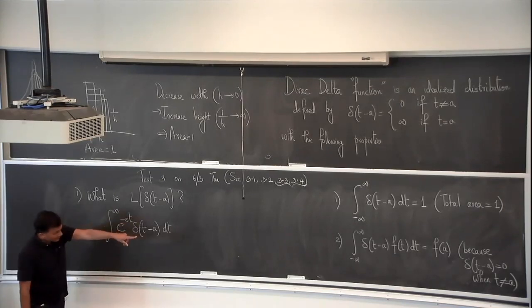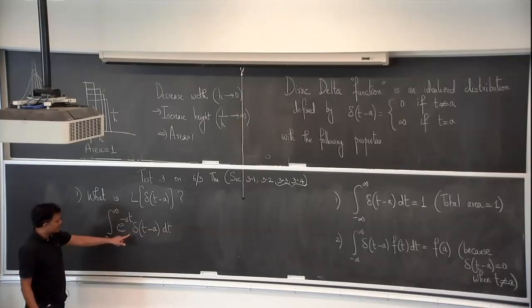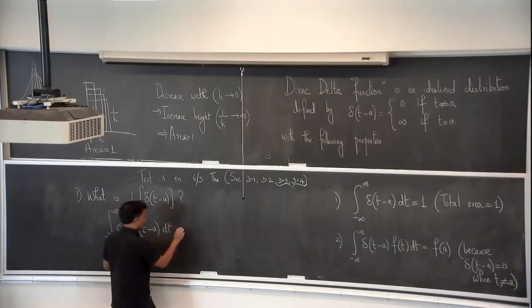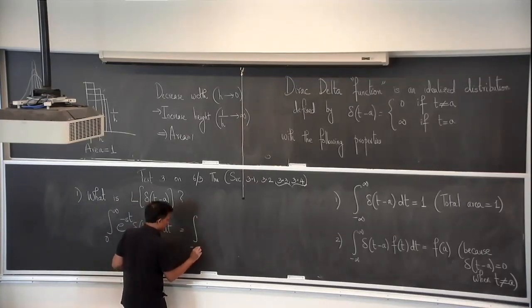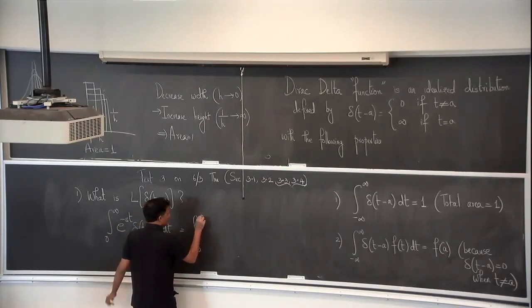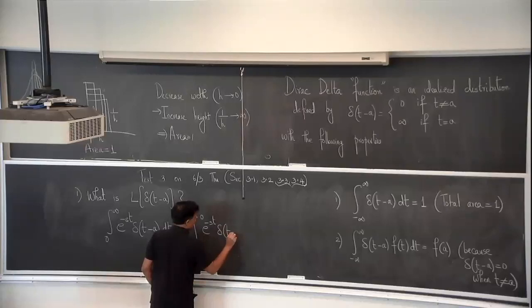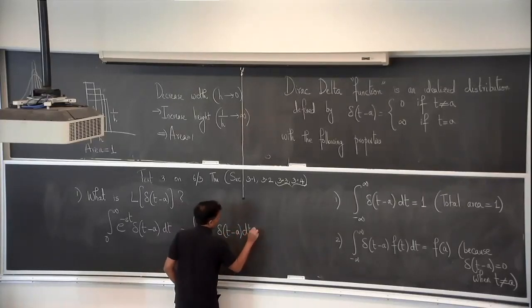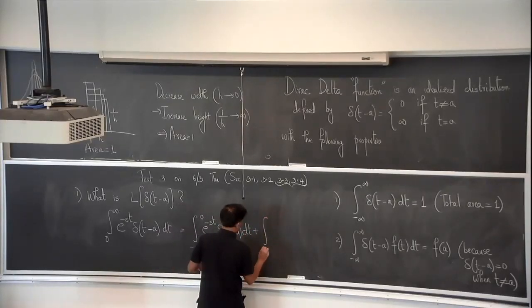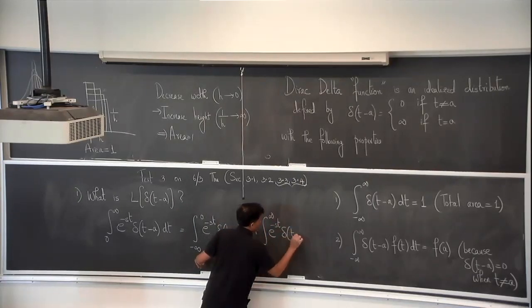Don't forget that the Dirac delta function is 0 everywhere except t equal to a. So we could write this as the integral from negative infinity to 0 of e to the power of negative st delta of t minus a dt, plus the integral from 0 to infinity of e to the power of negative st times delta of t minus a